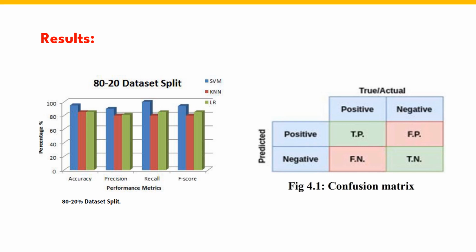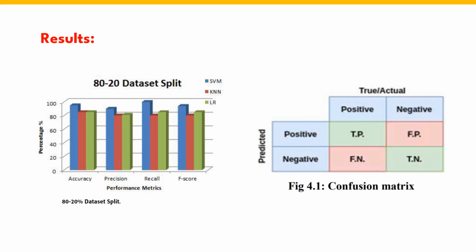Upon discussing the dataset split, which is 80 to 20, the best dataset split in this experimentation is 80 to 20. The result shows that SVM has the highest recall, which means that the prediction process is efficient in SVM. Further, K-nearest neighbor and logistic regression show a straight line of 90%, indicating these two classifiers have the same recall values, which is lesser than SVM.